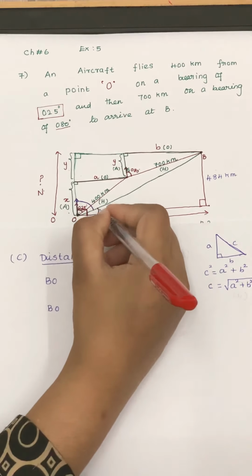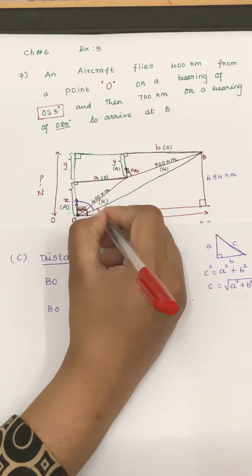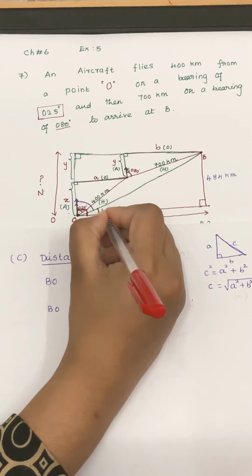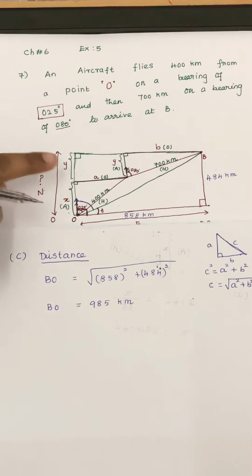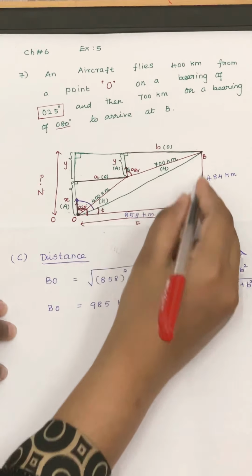Okay. So I have to find this angle. I don't know this angle, so I am going to take it as T here, since I used all the letters X, Y, A, B. So I am using T here. So how do I find that angle? T, it's a right angle triangle.